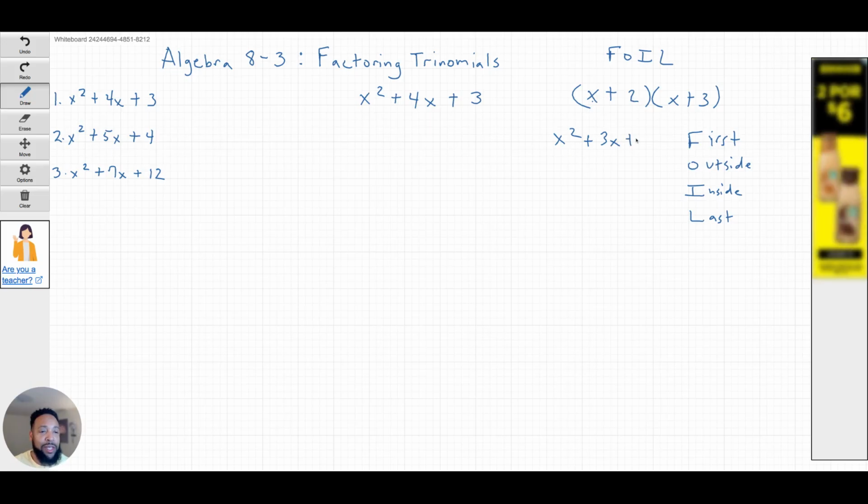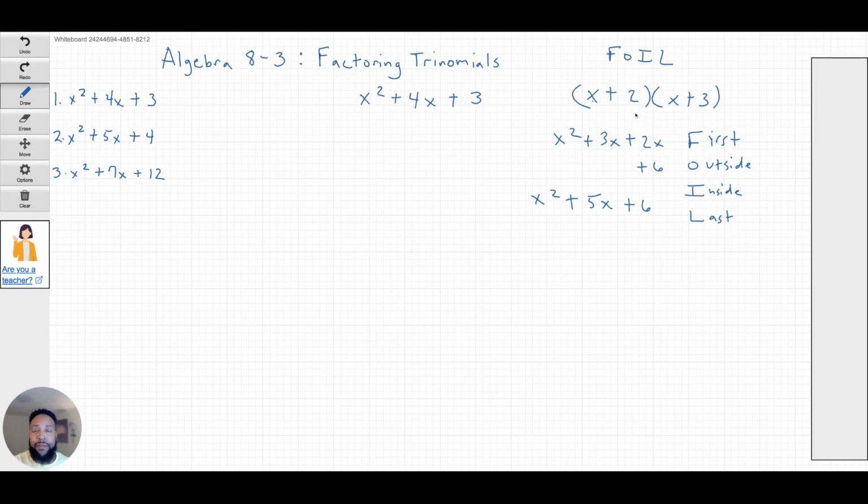So 2 times x is 2x. And then lastly, the last part says last. So the last two terms you see are 2 and 3. 2 times 3 is 6. What we're going to do is combine like terms. So you have 3x plus 2x, which is 5x. So our answer is x squared plus 5x plus 6